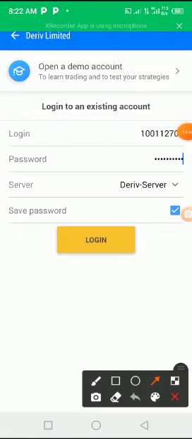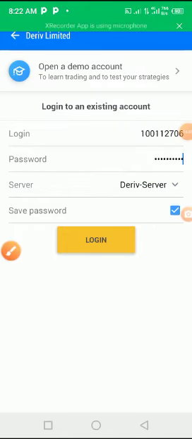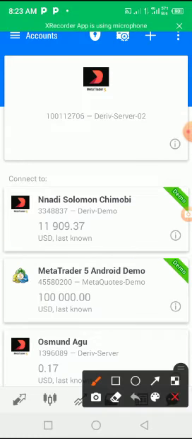So I will now paste the number first, enter the password. So you see, I have entered my password. Now to change the Drive Server to Server 02. I'll click on the drop-down menu, select Drive Server 02, and then click login. While it logs in, we'll check if I got it well. Network don't disturb me. So let's see, it's coming. The name must appear here. If you get everything correct, because it's a live account, your name must appear up there.